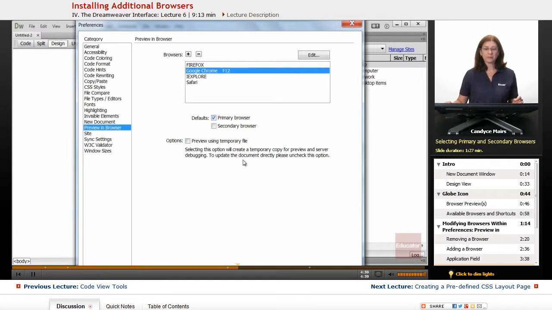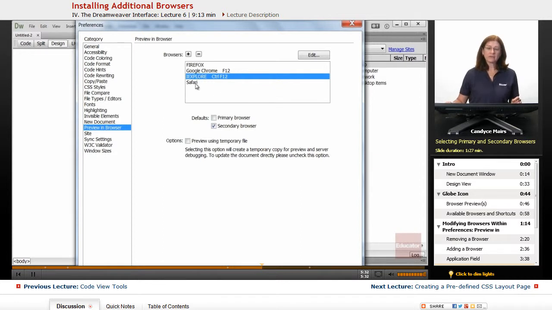as my primary browser. That's because I'm going to be showing you some CSS3 features, and Google Chrome at this point in time anyway, and this tends to change quite often, seems to have adopted the most advanced features of any of the browsers in this list. I have Internet Explorer 8 on my system right now, and clearly that's the least adaptive type of browser. So I'll set Internet Explorer up as my secondary browser.